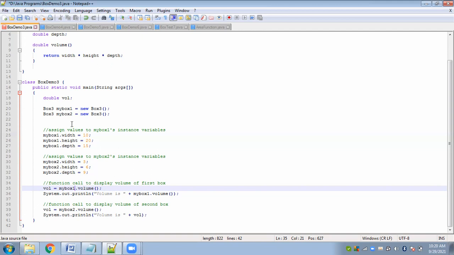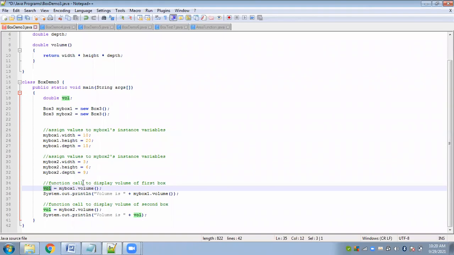That will be calculated and returned back to the calling statement. Then the calculated value will be assigned to vol. It's a variable that I have taken. It's a local variable, as you can see. vol is a local variable which I have taken inside the main method. It will simply hold the calculated volume.